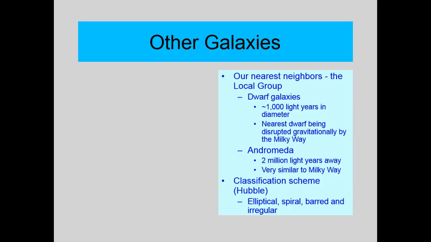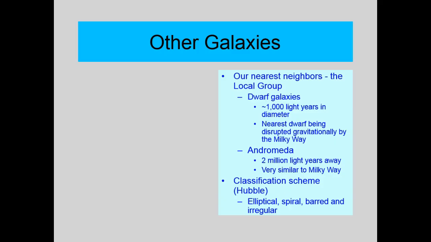But it looks like that nearest dwarf galaxy to us is being disrupted gravitationally by us, which means that over time we may be pulling some of the stars on its outer fringes into our galaxy. So maybe they'll join some of those outer spirals. I don't know. Not going to happen during our lifetime, I'm pretty sure. But it is being disrupted enough, and it could be that we'll pull it apart and start yanking in some of those other stars. And we might not pull them into the spiral limbs. It may go into globular clusters, however.